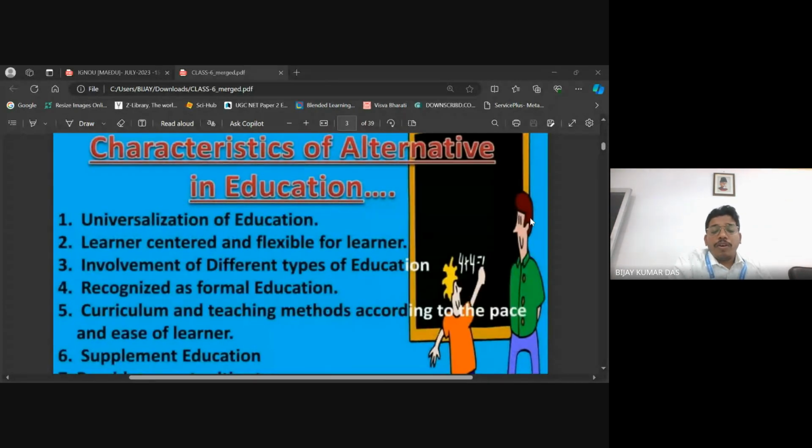Fourth thing is curriculum and teaching methods according to the pace and age of the learner. What will happen through the alternative form of education means the student will not go to the institution. The institution will come to the student. According to the pace, need, interest of the learner, education will be